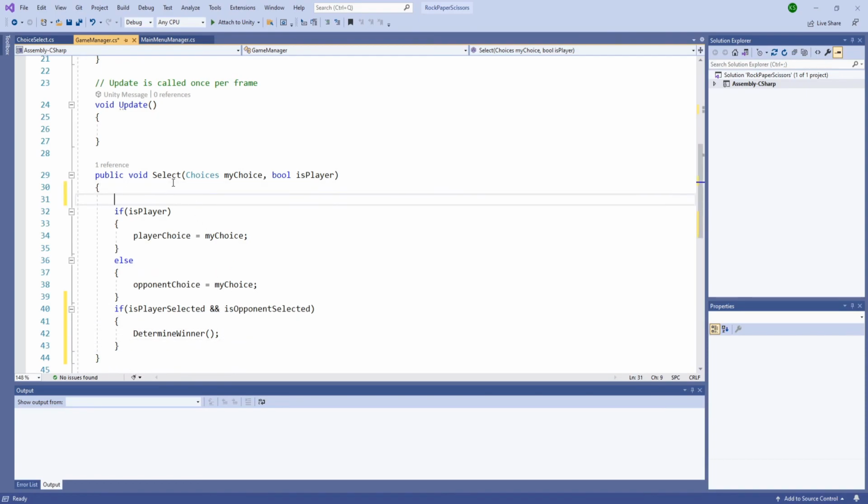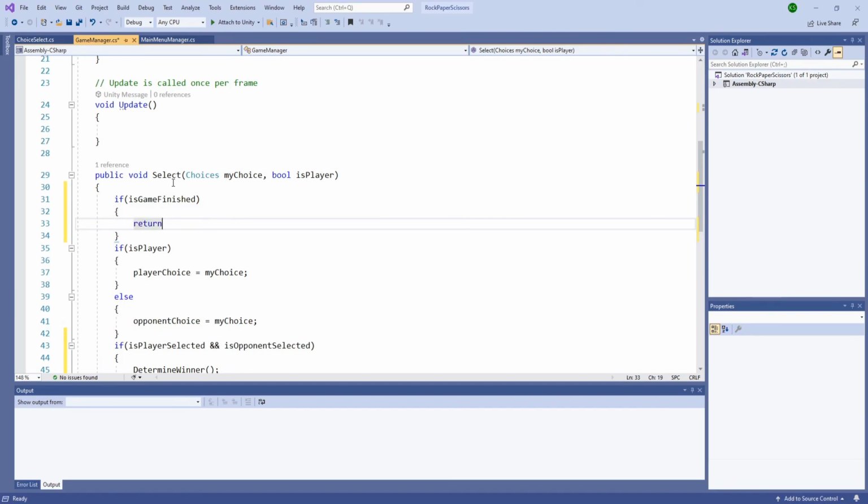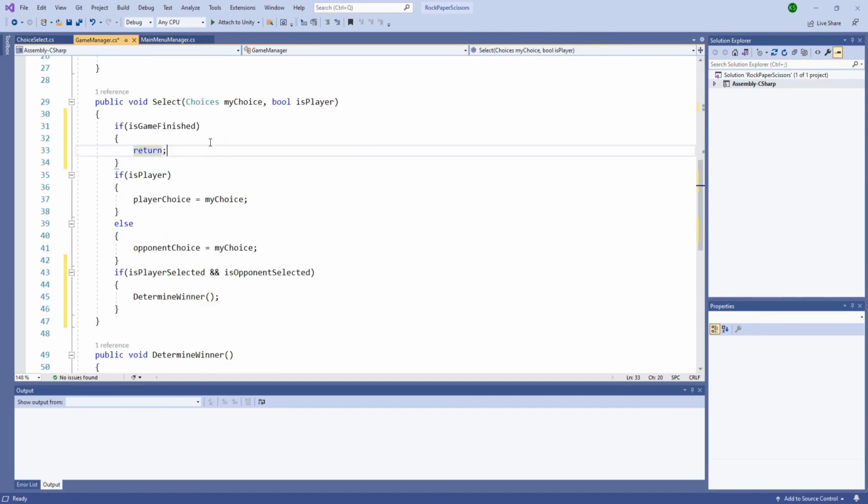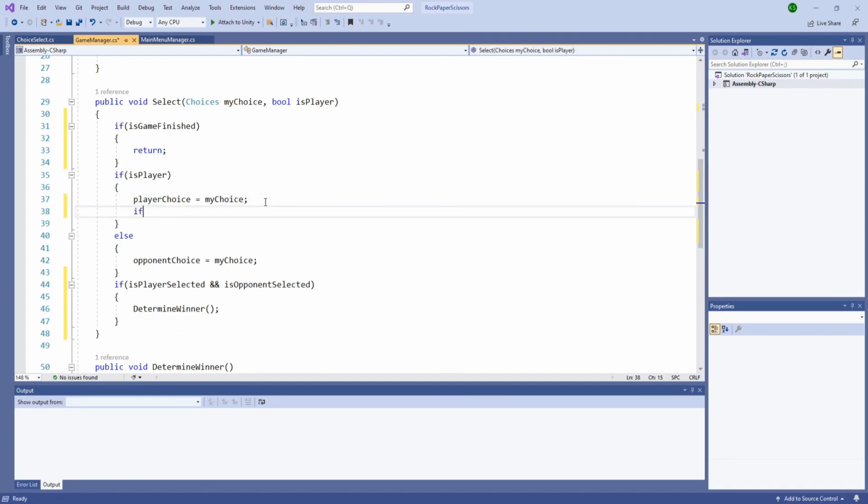And at the start, we'll check if his game completed, then we'll do nothing. If his game finished, then we'll just return, so it won't execute the rest of the function. And if it is a player and if is opponent AI,